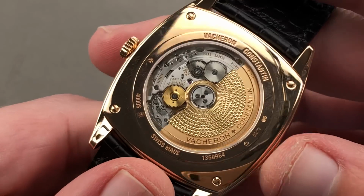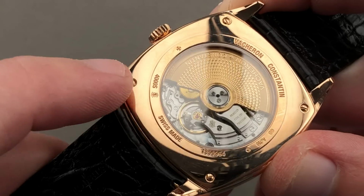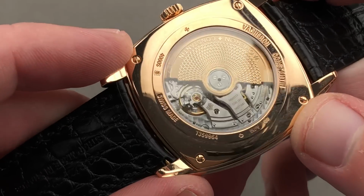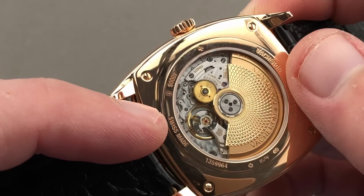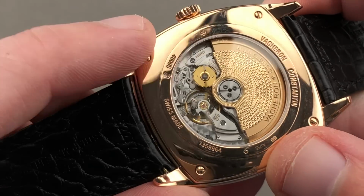Turn it all over, and like I said, this is a Vacheron movement. First, you'll note the Poinçon de Genève on both the movement and the case, as since about mid-2012, the Poinçon de Genève has been a full case standard for finished materials and execution. The rotor is 22 karat and cut on a rose engine lathe, so that's real guilloche, not the stamped kind. And then you can see Geneva hallmark movement,